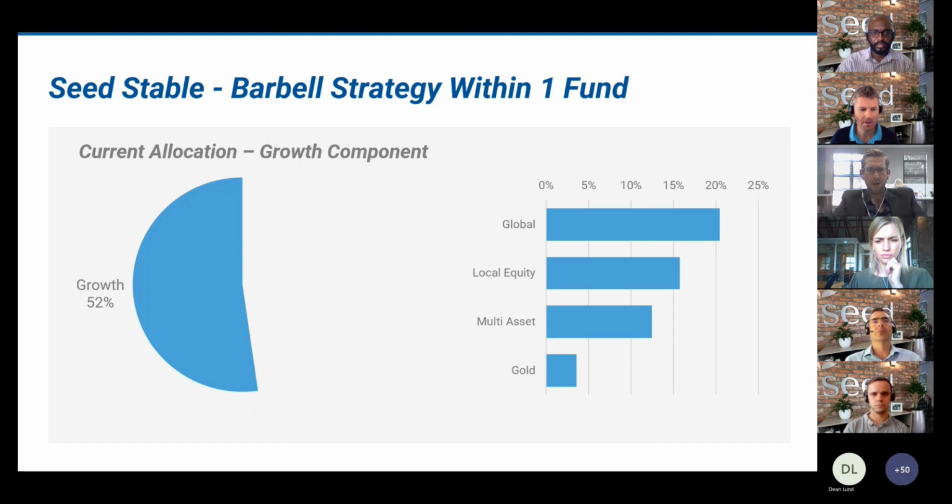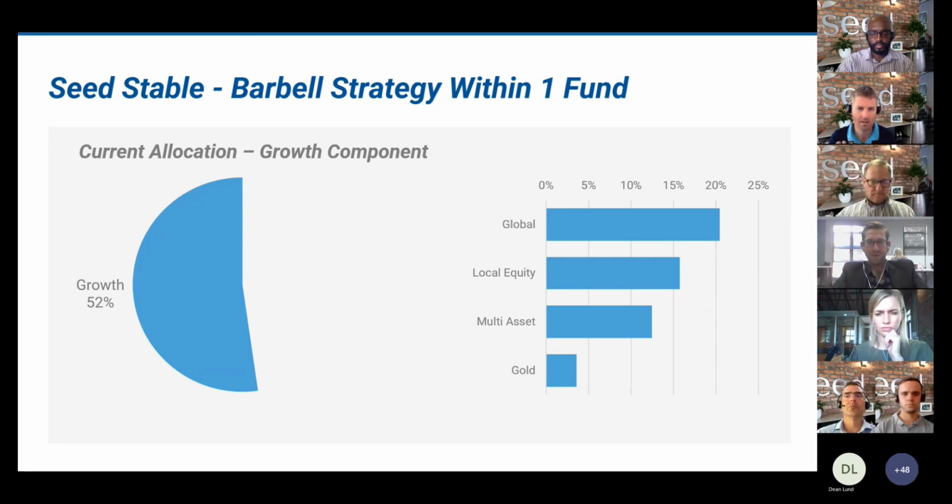Then on the local equity side, this is split equally between Fairtree, who Ian mentioned, delivered super long-term performance, and the other component is a Satrix passive tracker to help manage the costs of the fund. The multi-asset building block is managed by ABAX. Obviously, one of ABAX's funds is on the low equity shortlist. They aim to generate asymmetric returns, where they protect capital on the downside and participate in as much upside as possible. It's been a star component of the seed stable fund over the last 7+ years that we've held it.